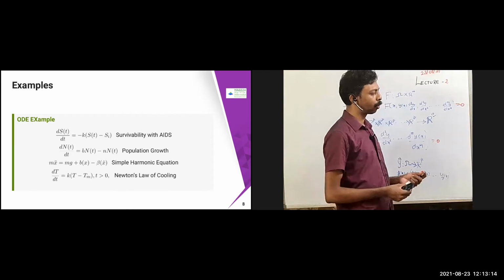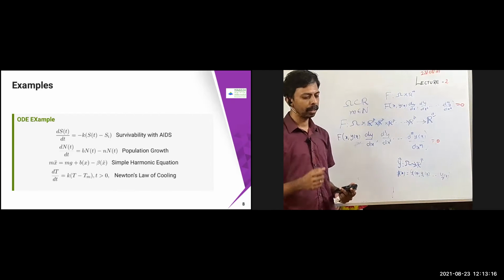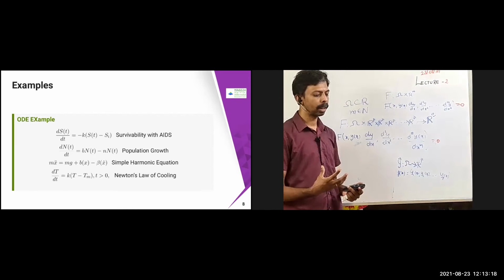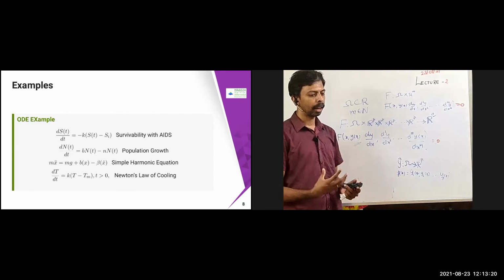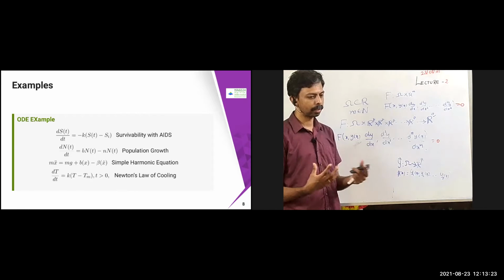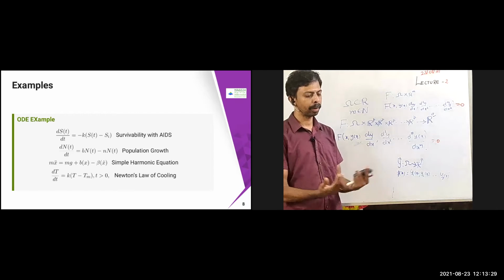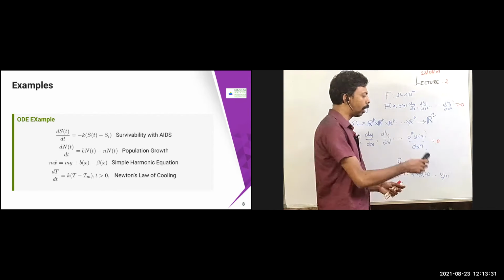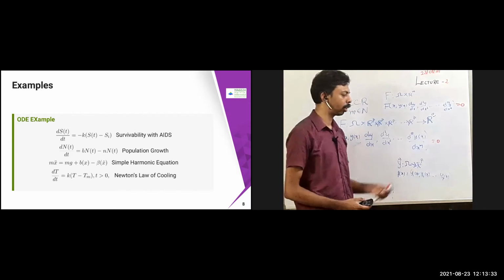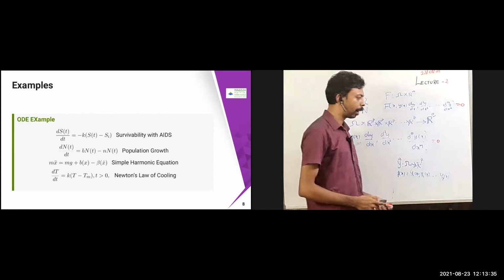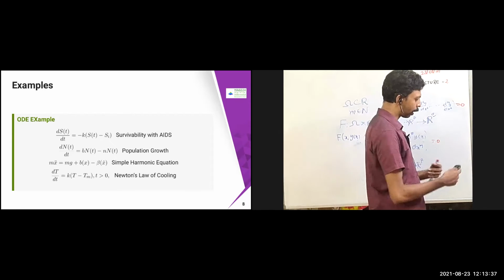And the Newton's law of cooling. So for example, you keep a cup of coffee in a mug, and then you can observe how much heat it will retain, how much time it will keep the temperature, or at what time it will reach room temperature, or how the surrounding medium temperature is going to change, etc. So those things you can describe using Newton's law of cooling. These are all some of the example problems.